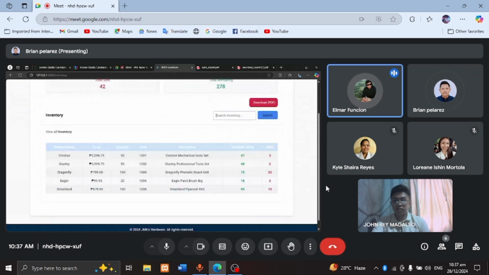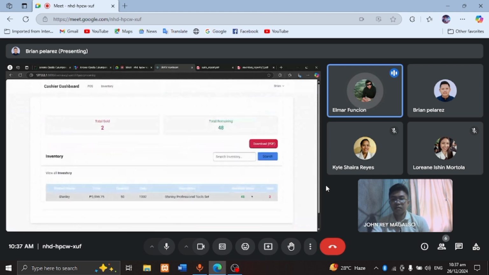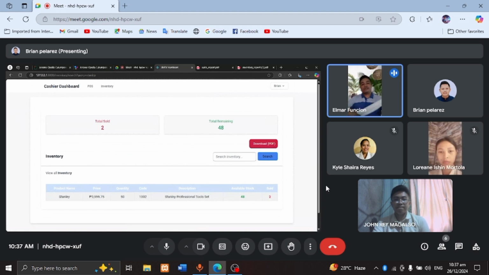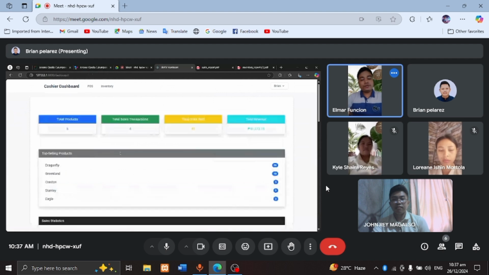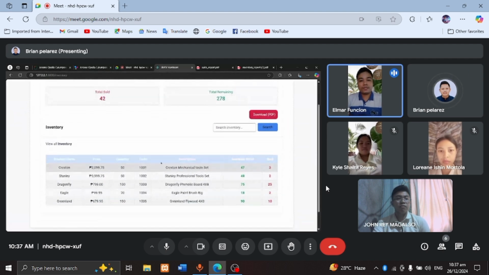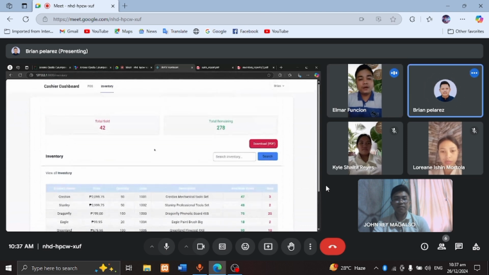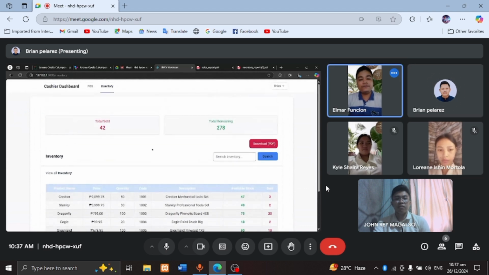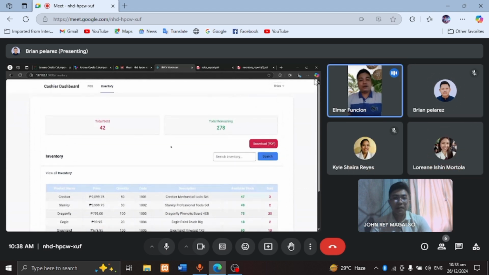Here in inventory, it has similarities to our admin panel. They can also use the search button, download the PDF, and see the total sales and remaining stock. Here, the system performs well for the whole need of the POS.